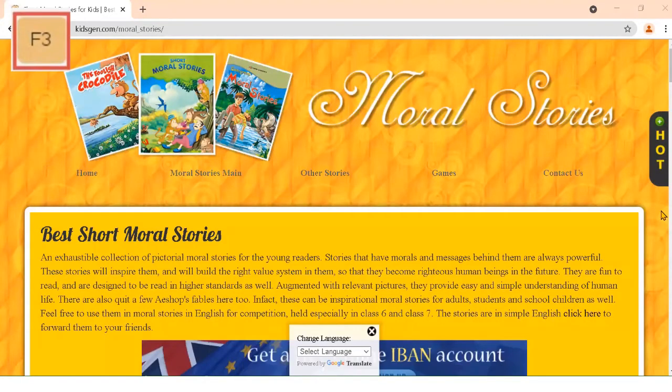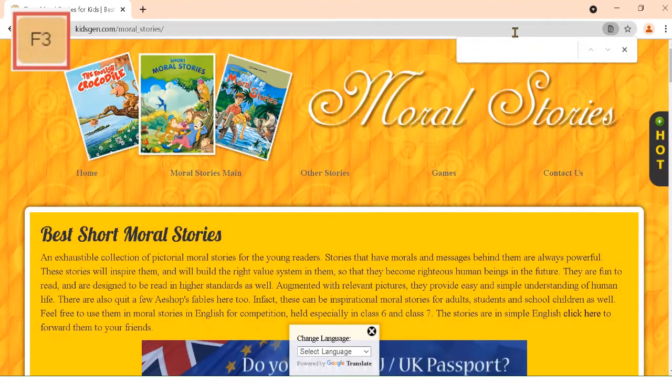Now we are going to see the F3 key. When we open a page of an article, file or folder and then press the F3 key, a search box will appear on the page, and when you type some words in the search space, the words will be highlighted. So you can see when I type "have", only one "have" is highlighted among the words on the page.